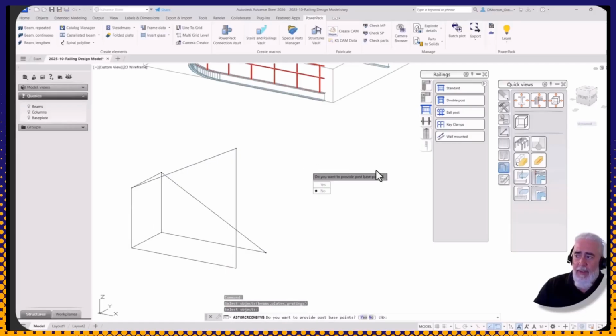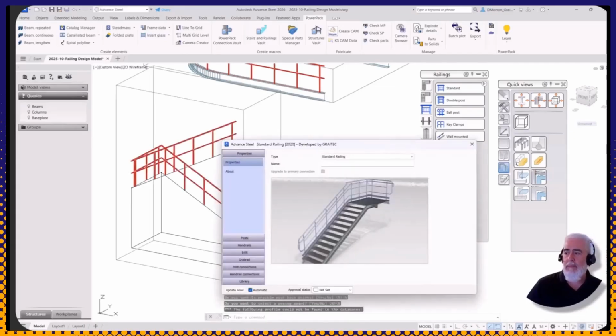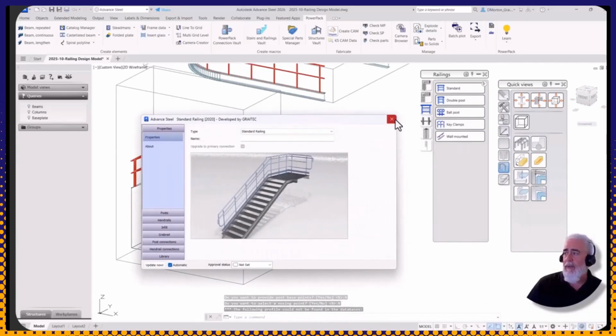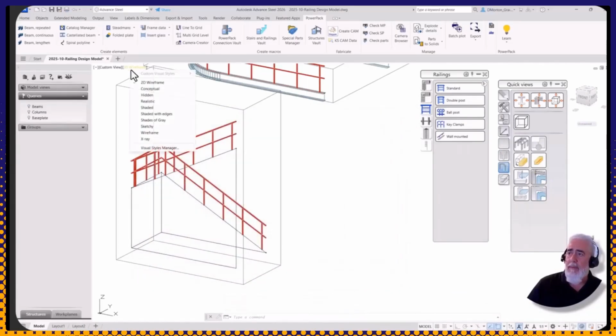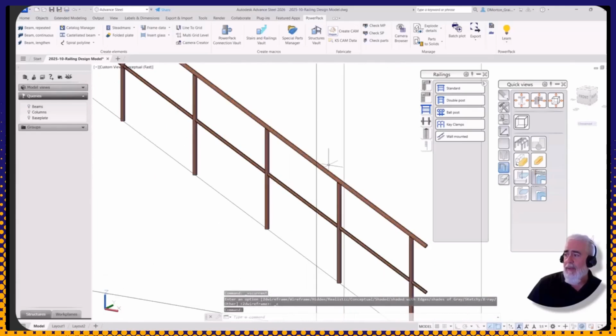I don't, so I'll just right click again. And no, I don't want to put the post or the nosing. And you can see the handrails come in. So if I come here now, I'll just shade it a bit. We'll zoom in and see now I've created